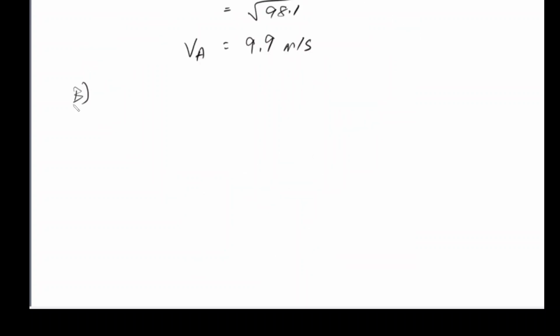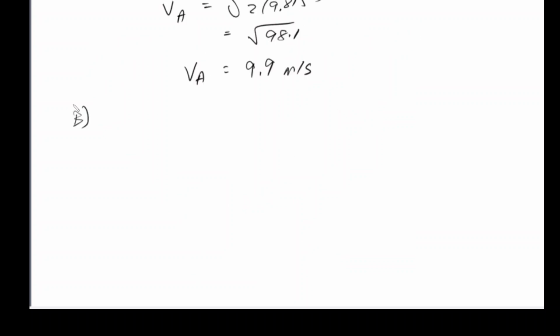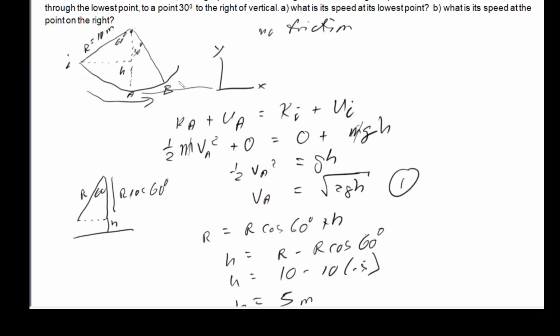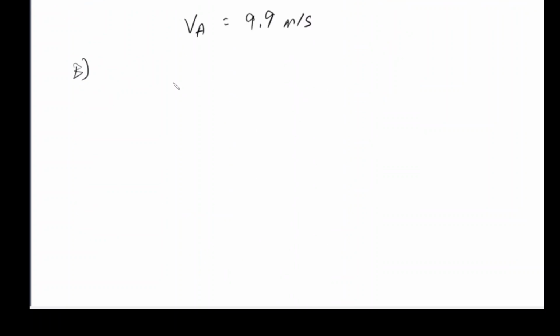Now for part B of the question, it wants to know what is the velocity at point B, where the pendulum is swinging through. Well, we could use the starting kinetic energy as that being at point A, but let's use the initial point because that's a little bit easier. So once again, the kinetic energy at point B plus its potential energy is equal to kinetic energy initial plus potential energy initial. So if we go through this again, we get 1/2